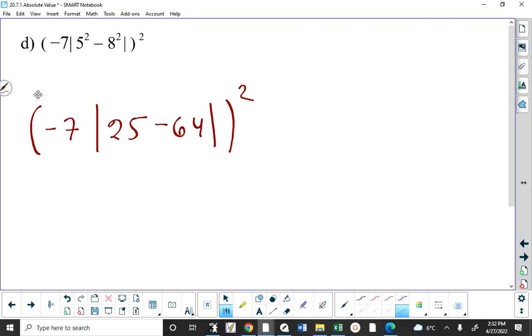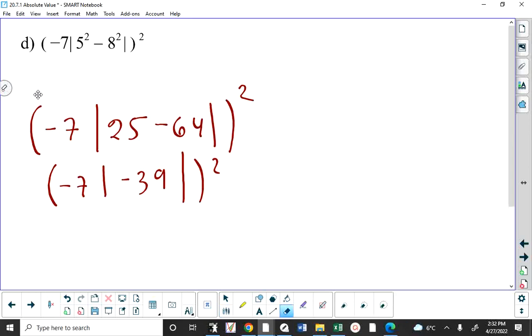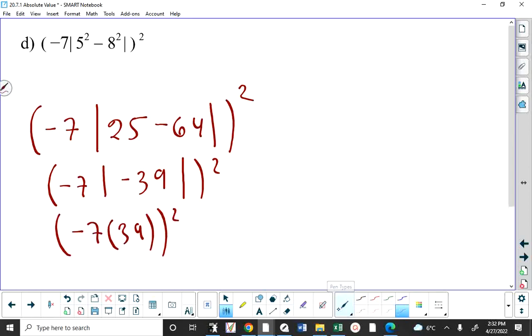Now I'm going to take -7 times the absolute value of, I want to say -39. 25 minus 64 is -39, quantity squared. This becomes -7 times 39 quantity squared, which becomes -273. The -7 times the 39, quantity squared,